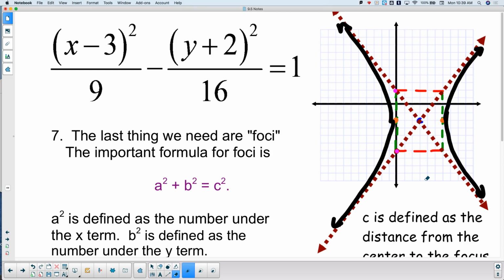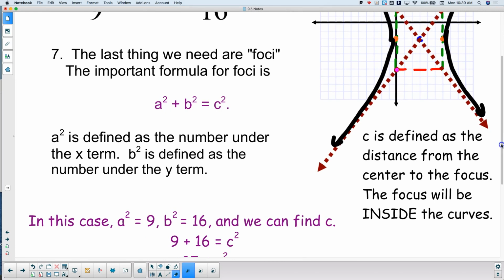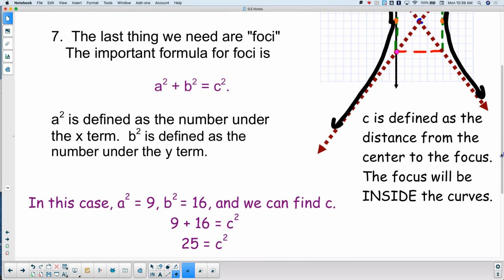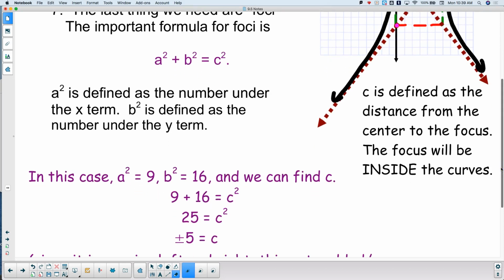B squared is 16. So 9 plus 16 is what? 25. The square root of 25 is 5. So c, the distance from the center to the focus,